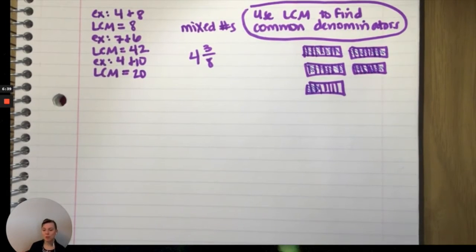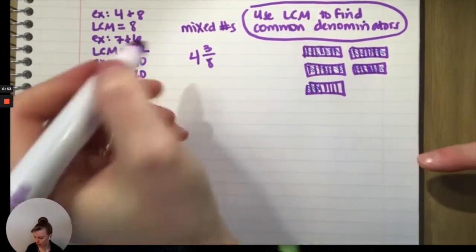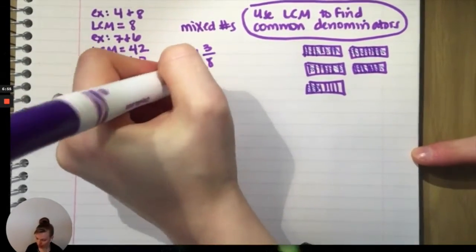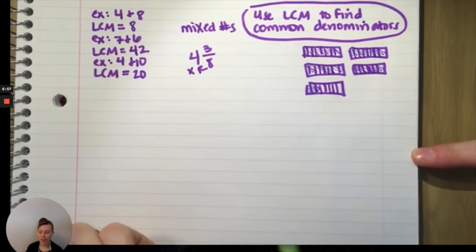But I want this in improper fraction. Improper fractions are all over the same denominator, so I need to know how many eighths in total I have. I could count these up, but there is a mathematical way of figuring it out. I have here 4 groups of 8. So to figure out how many parts there are, I'm going to multiply 4 groups of 8,